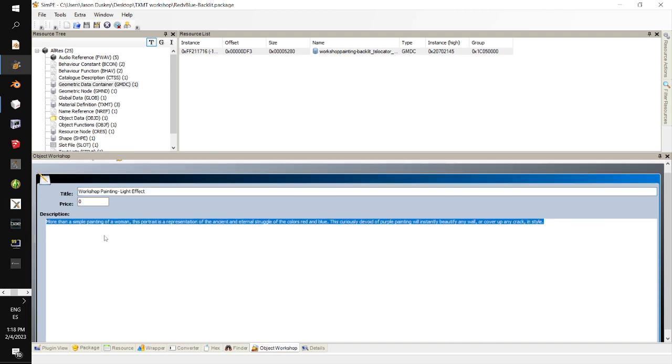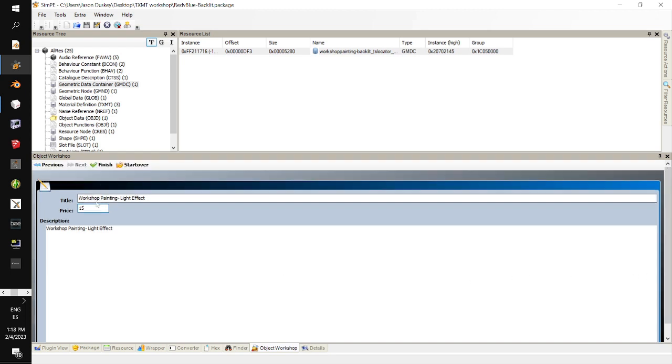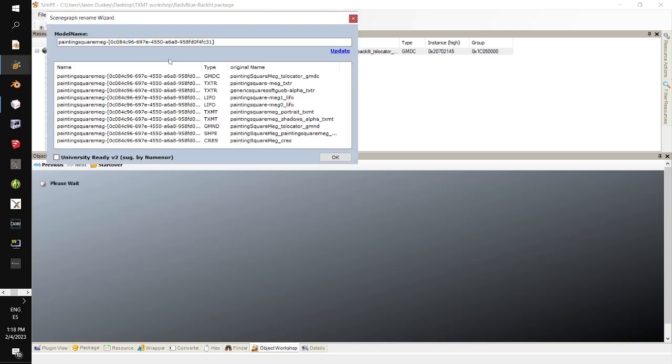So this is just going to be a simple light effect. And I think it was 15 in the other one, so we'll make this 15 just to remain consistent. So we add the name, we add the catalog description, we add the price, we click Finish, and then we